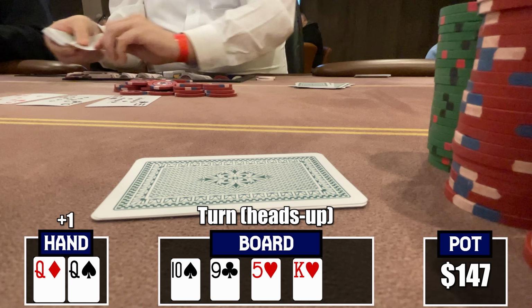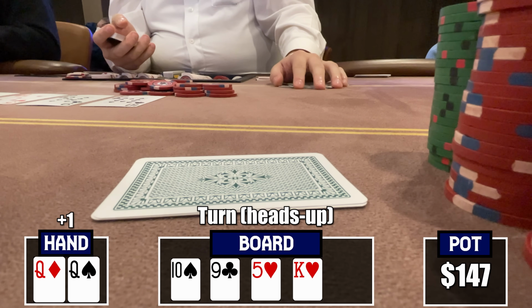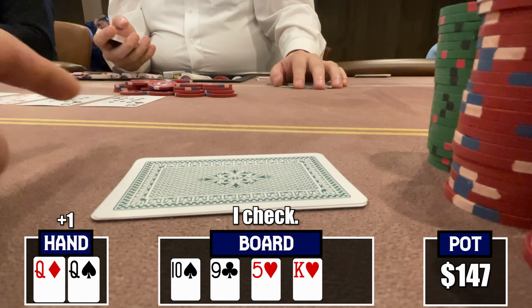The turn is the king of hearts, now two hearts out there. We unblock hearts, which is nice, but all around really not a good card. One of the few cards we didn't want to see, as it's over to our pair. Given how short he is, I really didn't see too much merit in committing his stack here and putting him all in, so I decided to check. Now he rips it all in for